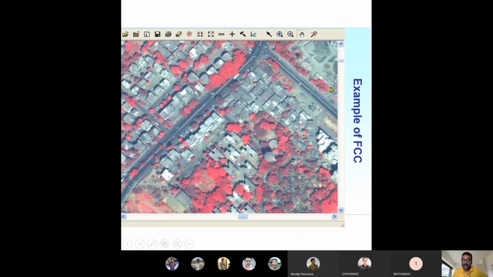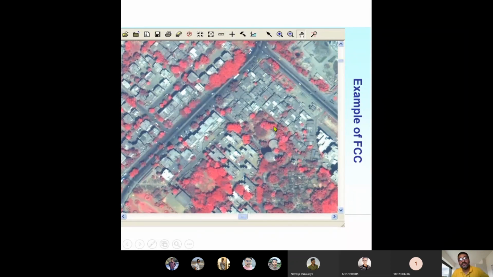But this is not the kind of image that is stored. When it is being captured by the sensors and stored, all the grid cells are having numerical values. Your image won't be like this. This is after being subjected to 3 guns, RGB, or 3 algorithms, that this kind of FCC is formed,